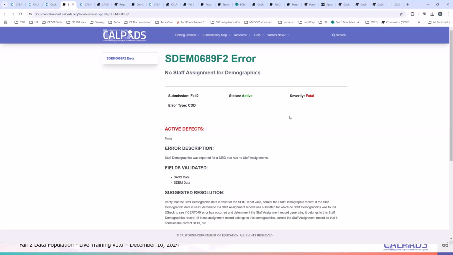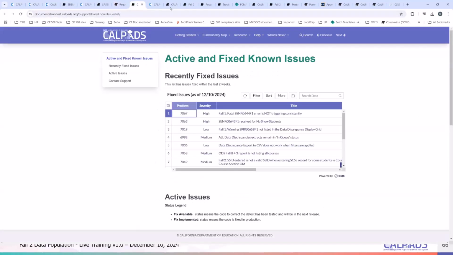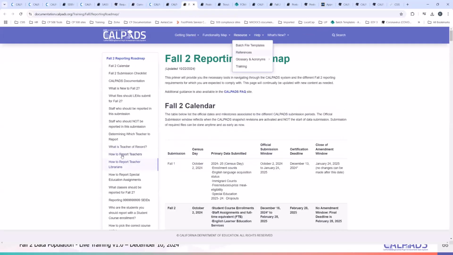Now, if the special ed staff member is a teacher with teaching credentials, and their job is to provide RSP, then follow the guidance in the CalPADS user manual with regards to reporting SPED teachers.